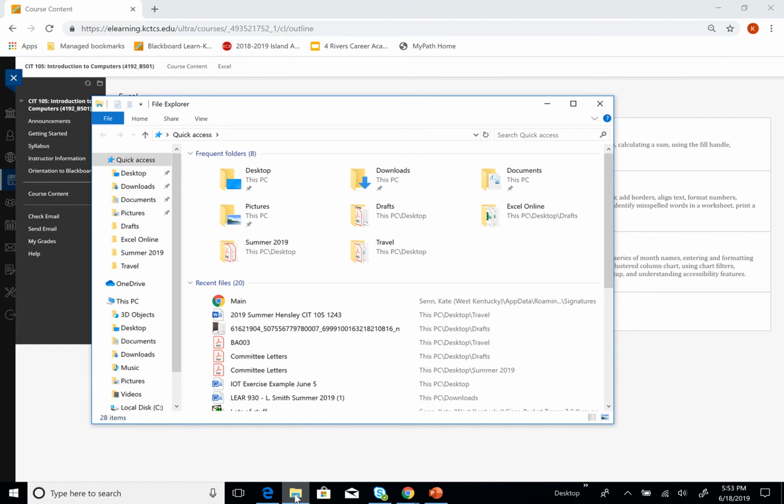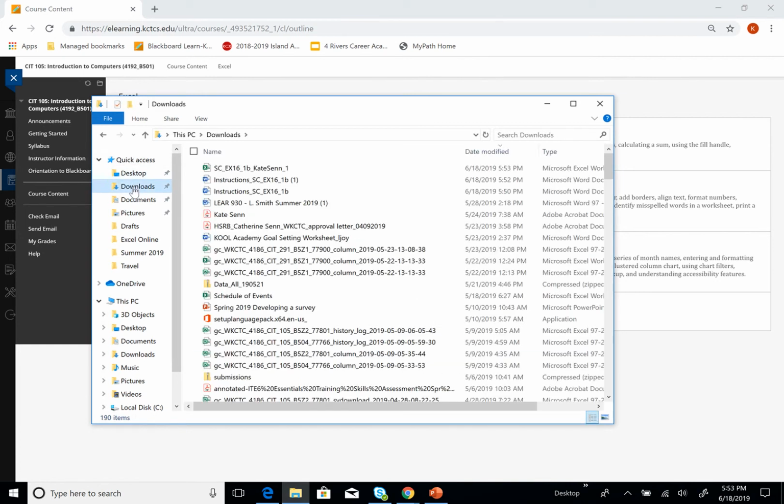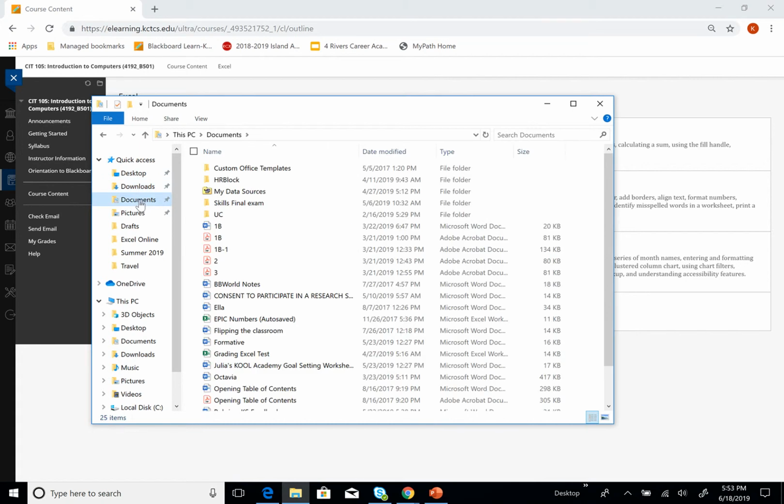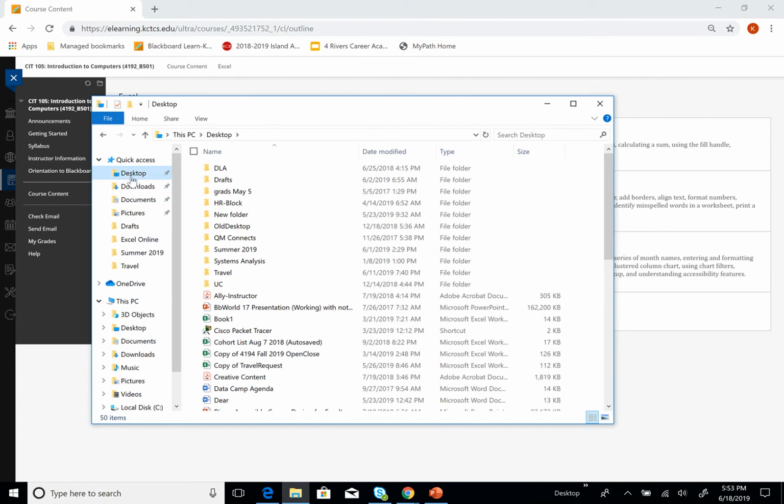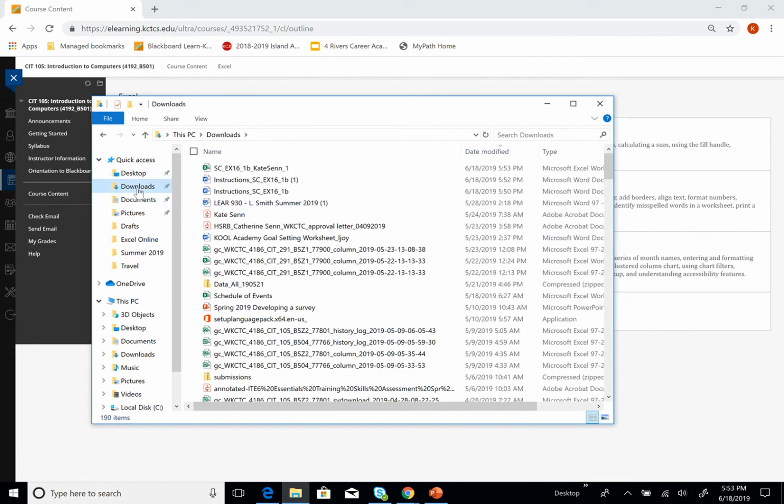And the places you would look for this file would probably be Downloads, which you'll see it is in fact right here. Might also check in Documents. And if it's on neither one of those, you might go to the desktop. But then in this case, you'll see Downloads. You would open these files,